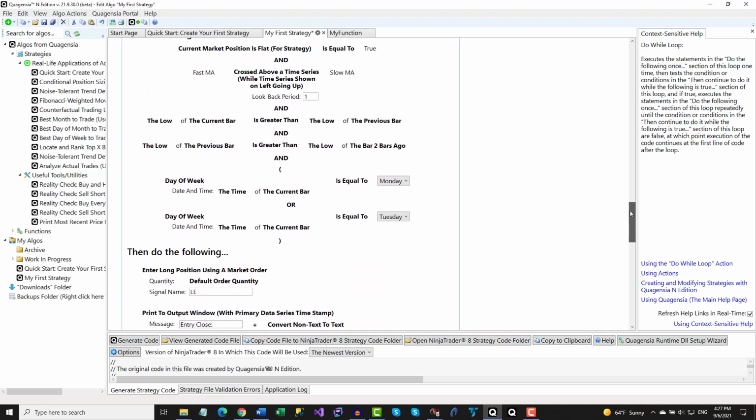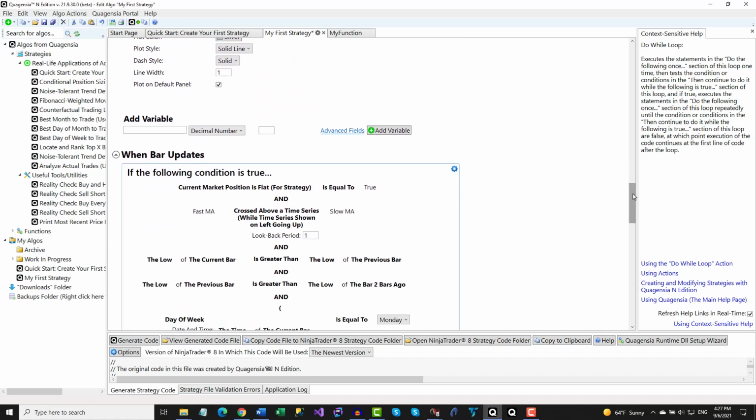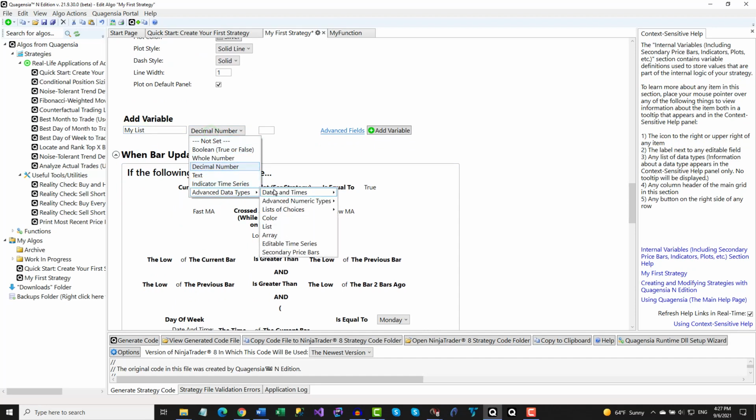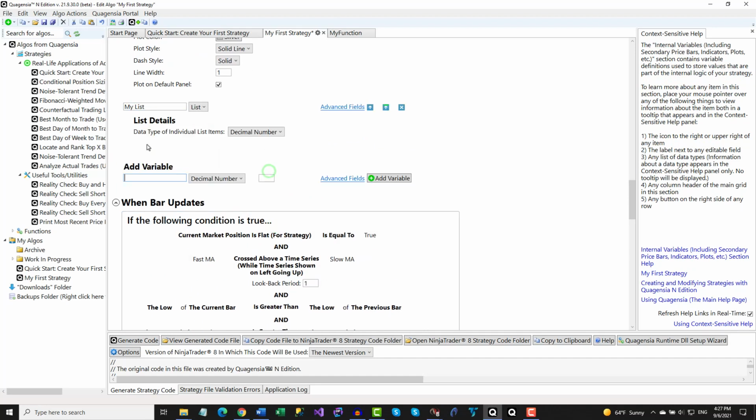Also, most codeless strategy builders don't have any support for lists, single-dimensional arrays, and multidimensional arrays of data, but Quagentia makes it easy to use these advanced data types without code by simply clicking choices on the screen.